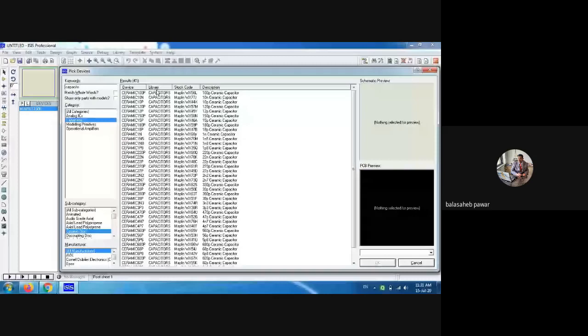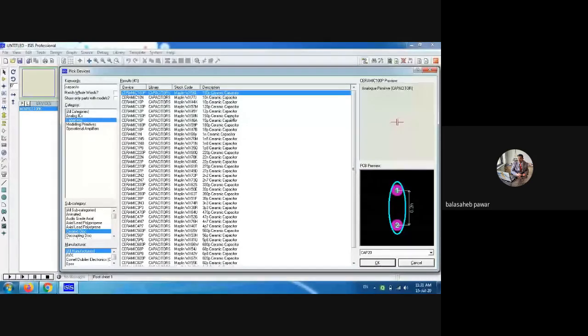Now it is written as 100P. P stands for picofarad. Then 10N, that N stands for nanofarad. Here in the description it is already given: 100 pico ceramic capacitor, then 10 nano ceramic capacitor, etc. Same as with the resistor, you will observe one more capacitor written as 1N5.